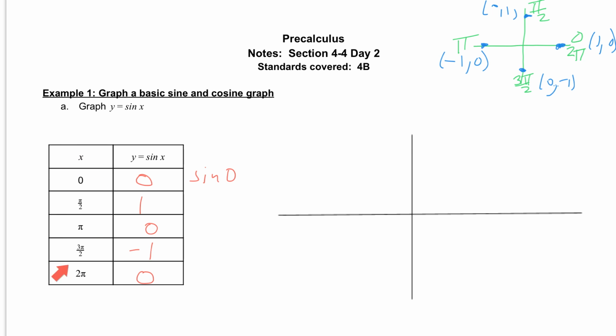These numbers are the numbers we're going to use for x every time. So we're always using the 0, pi over 2, pi, 3 pi over 2, and 2 pi. And that's because our maximum and minimum values are going to be going between 1 and -1, and our x-intercepts are at 0. So one thing that I want you to think about,